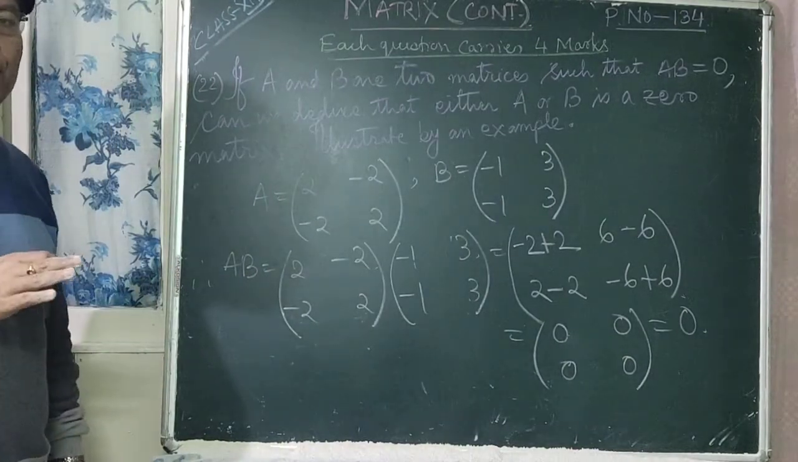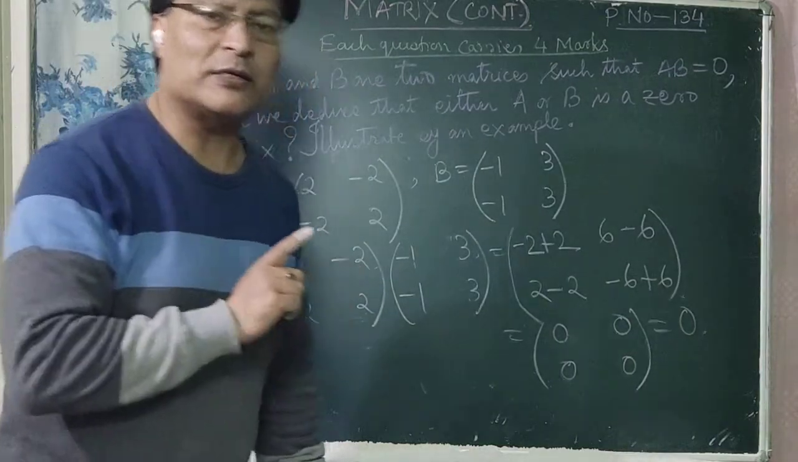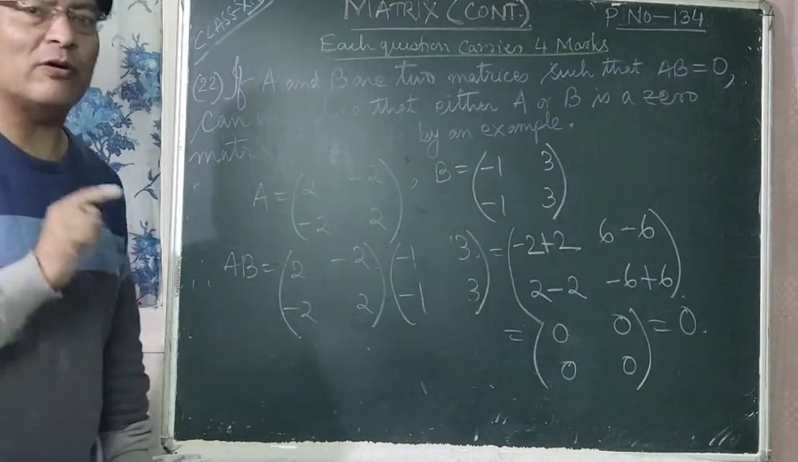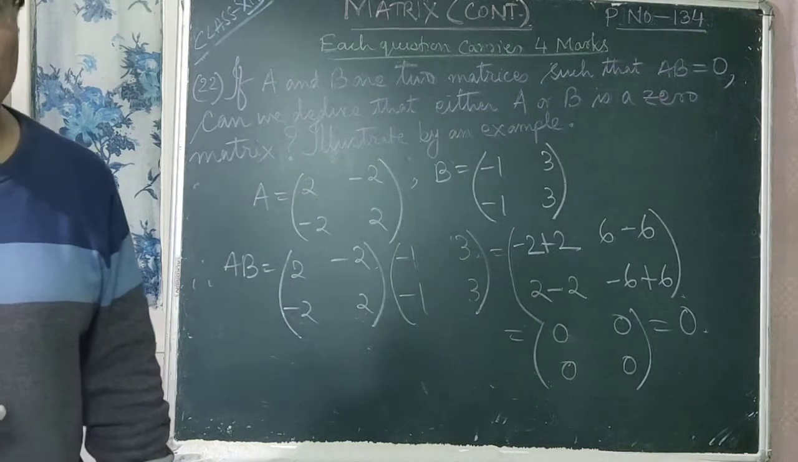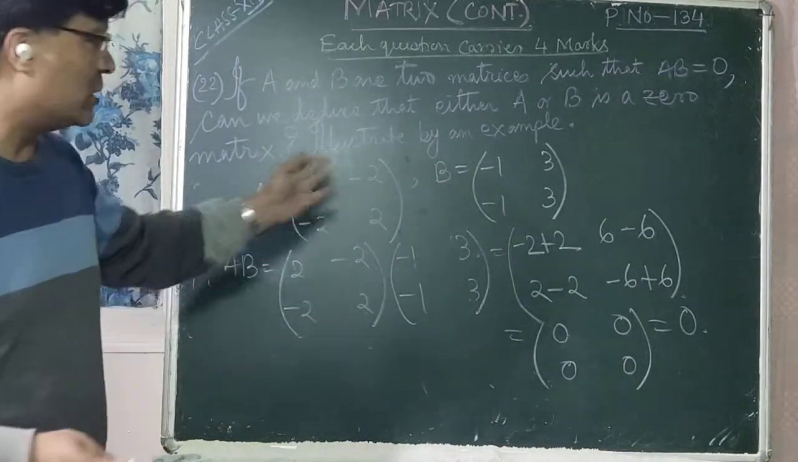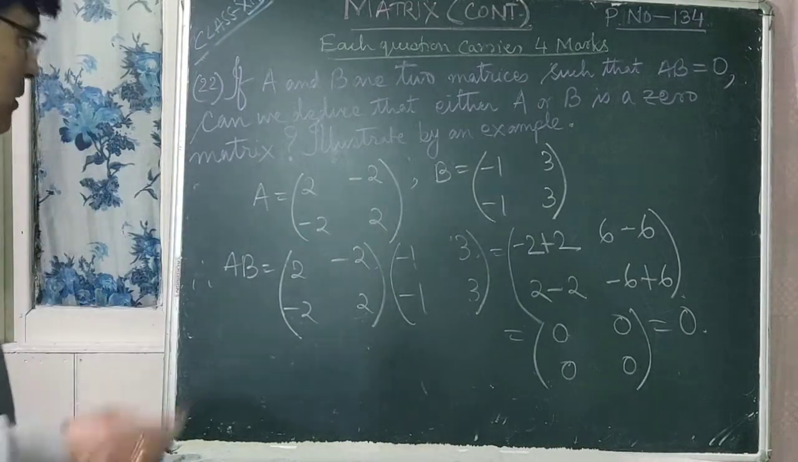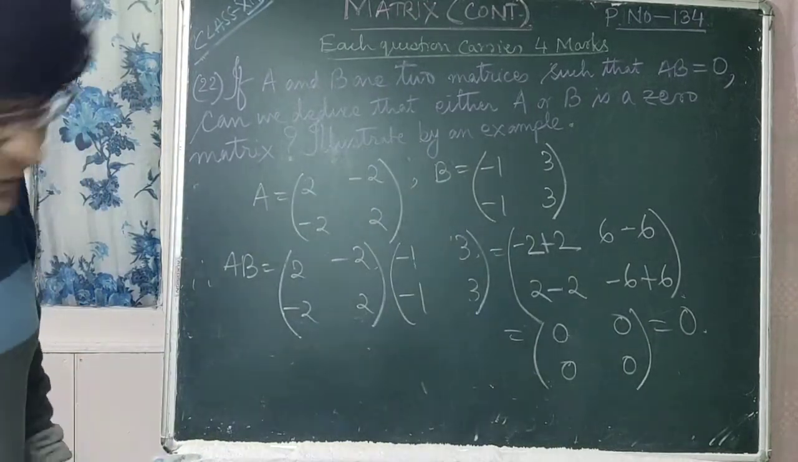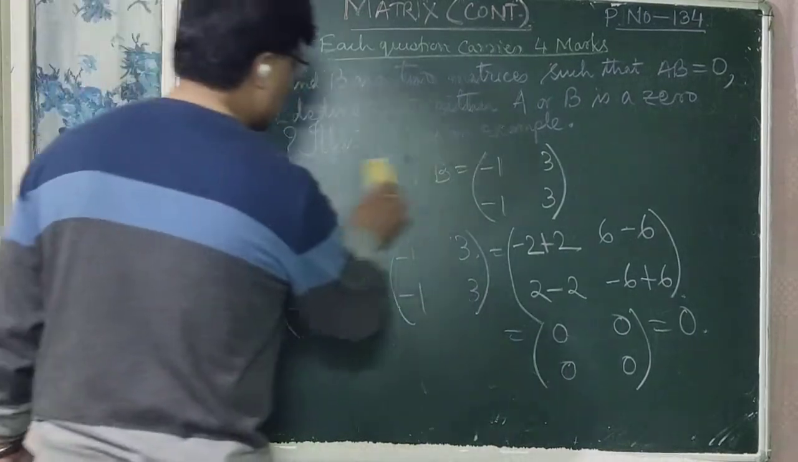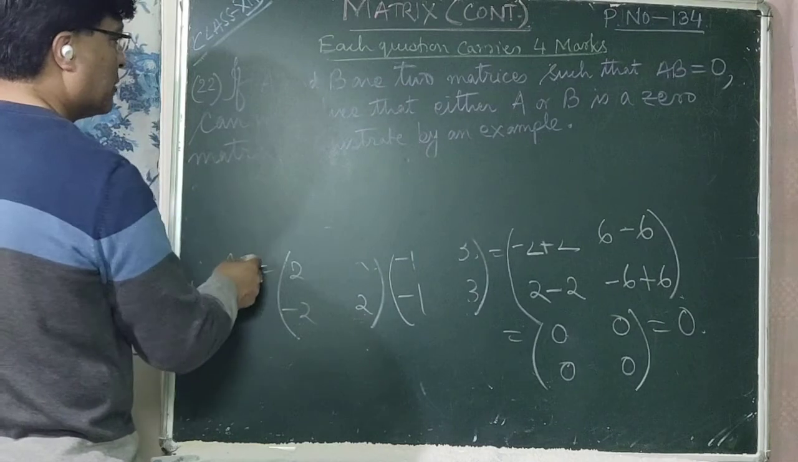So if AB is equal to a null matrix, then it is not necessary that either A or B is a zero matrix. So we have illustrated it by an example. So this is an example, right? So you have to write down last one, that is, at last you have to write down, in the next step you'll write